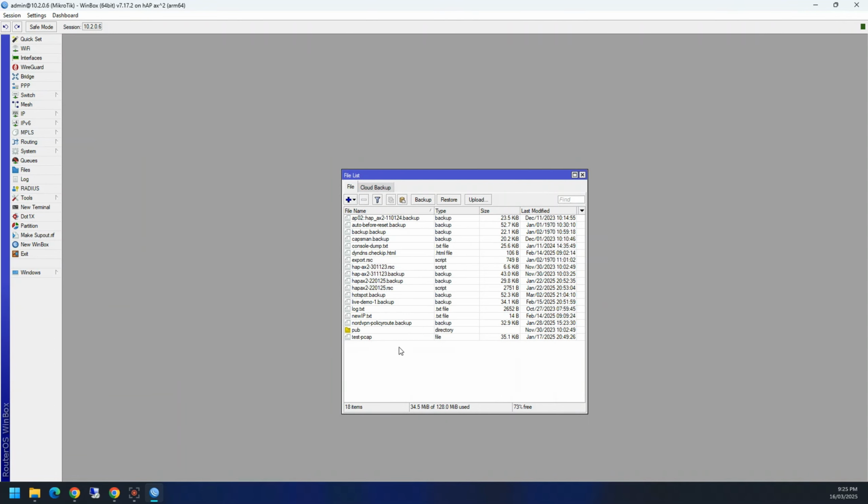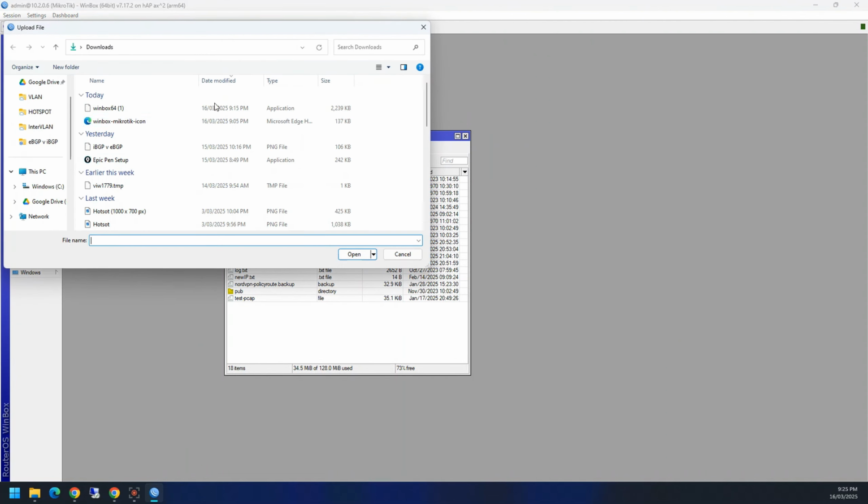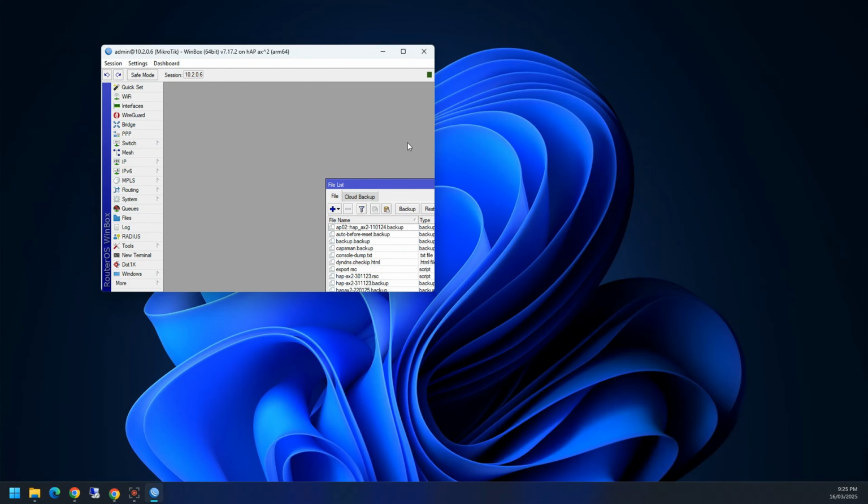Files is, as you can see, I've got heaps of backups from all the different videos I've done. Files is a good one because this is where we can take a backup, give it a password, or we can restore from a backup, and then we can upload files to the WinBox. But we can also do it via drag and drop. So if I just minimize that,